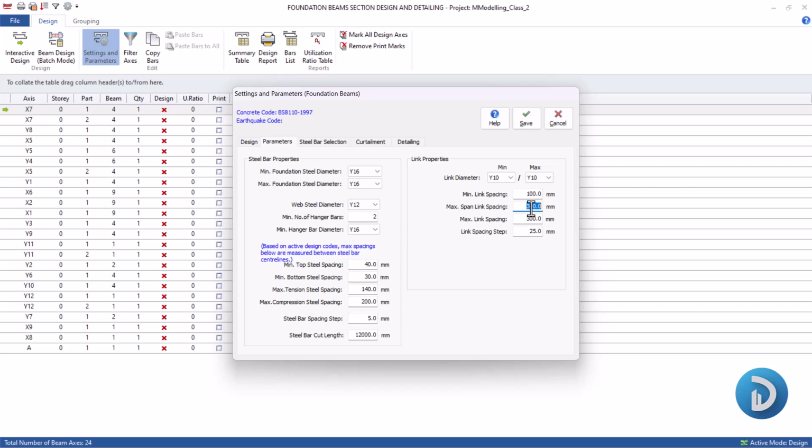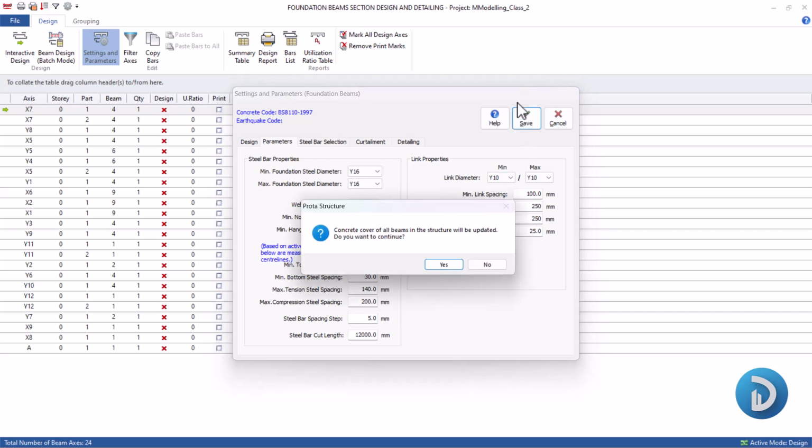So we can reduce this to 250 millimeters, so we have a more firm beam. All right, so this is okay. Then we will save this. Yes,